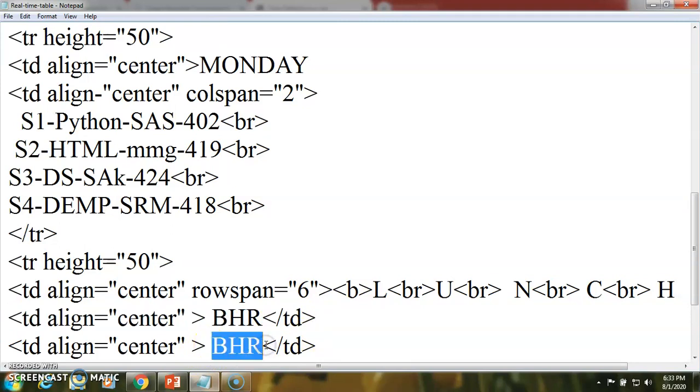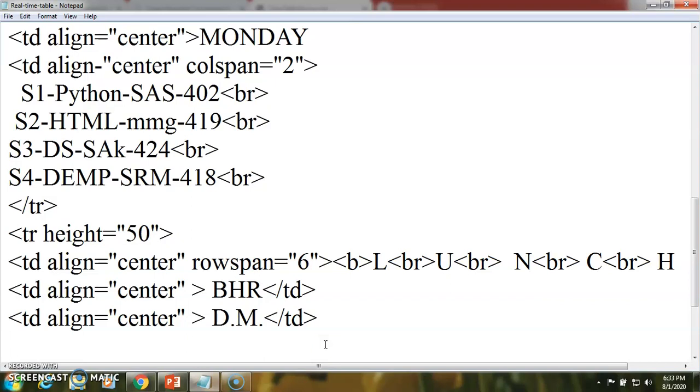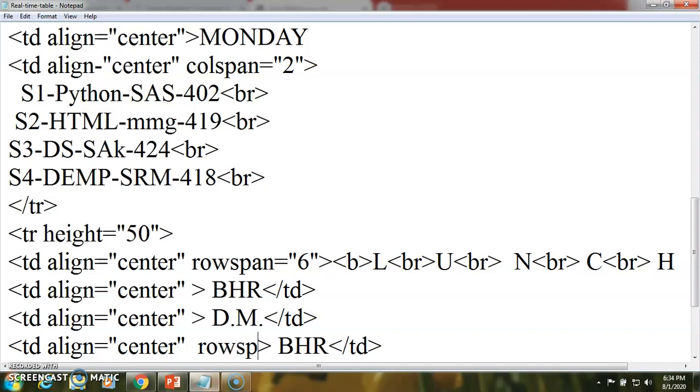We can have another subject like this, then another type. Here we require the row span according to the table of our class. So we are adding those. Here we require the row span property.